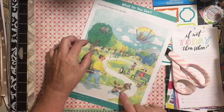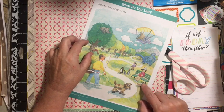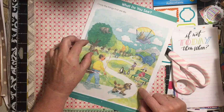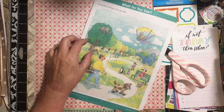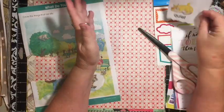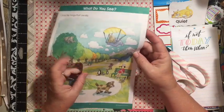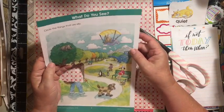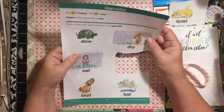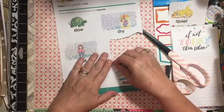Silly. Or, oh my gosh, this cat has chicken feet. It's a chicken with a cat head. Uh-oh. How about a dog with glasses and shoes? Yeah, so. Okay, so I have this. I'm going to leave it like that because I don't know how I'm going to deal with that. And so let's see, what else can we use? I think this bunny